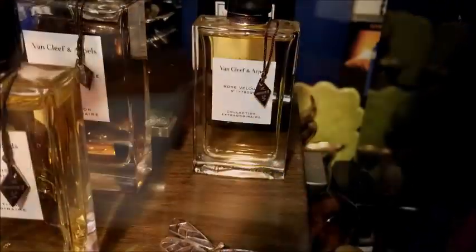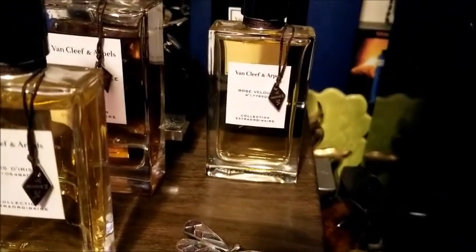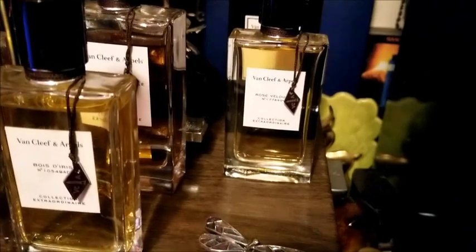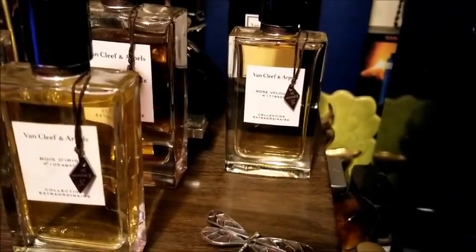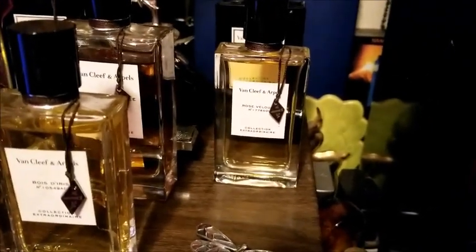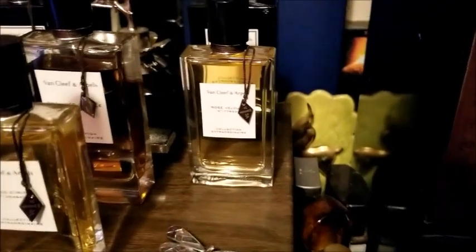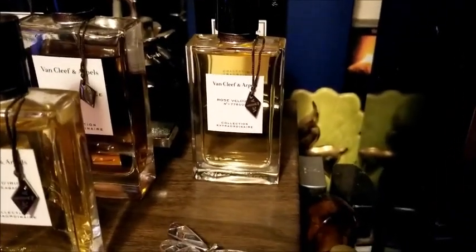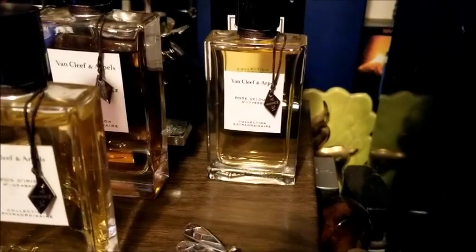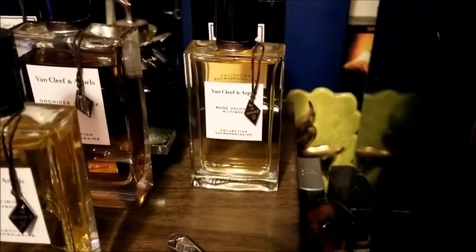So the notes are. The top notes are bergamot and violet. The heart has rose absolute, honey, iris, ambroxan, cedar, and benzoin kind of finish everything out. And I don't get a lot of the ambroxan, the cedar, or the benzoin. And I don't find it to be super, super powdery, but I do see the honey in it. Now that I see what the notes are, I can totally see the honey. It's a beautiful, slightly fruity, sweet, kind of a honeyed rose with maybe a touch of benzoin at the dry